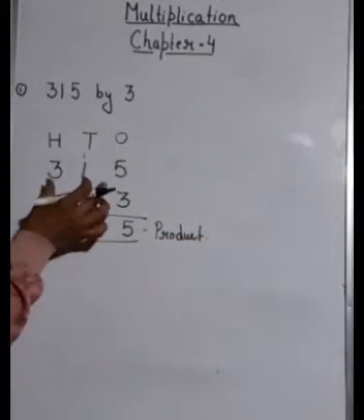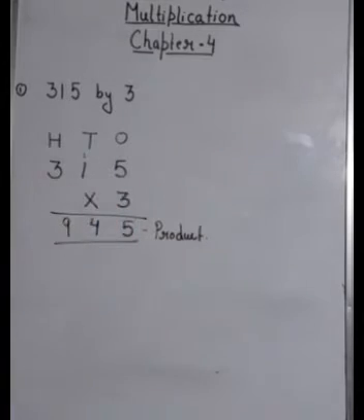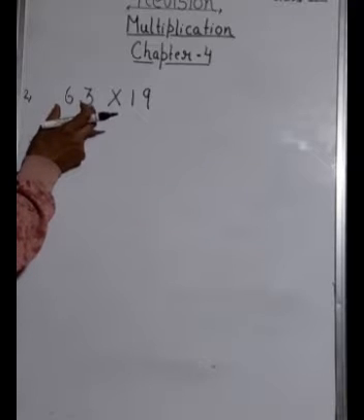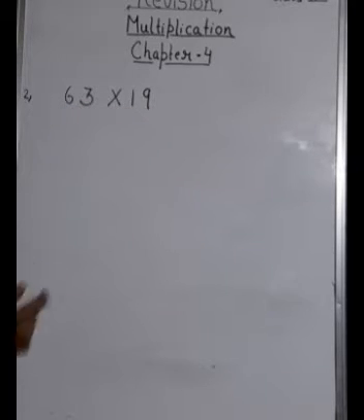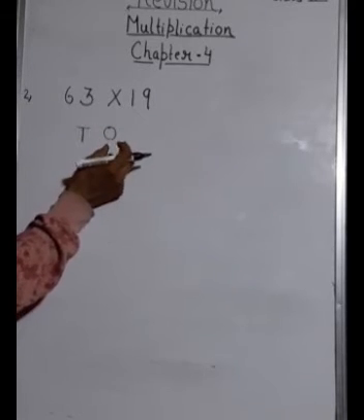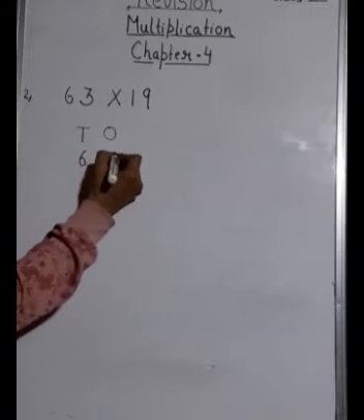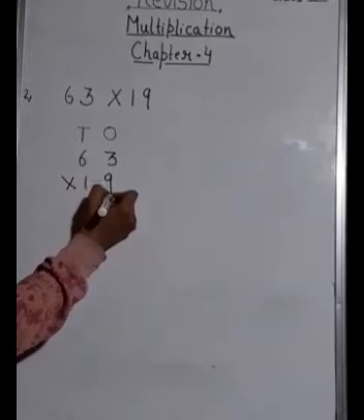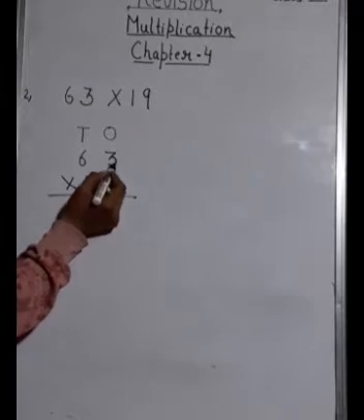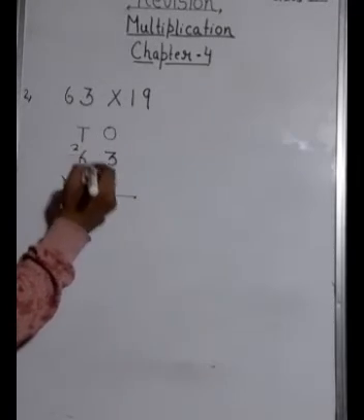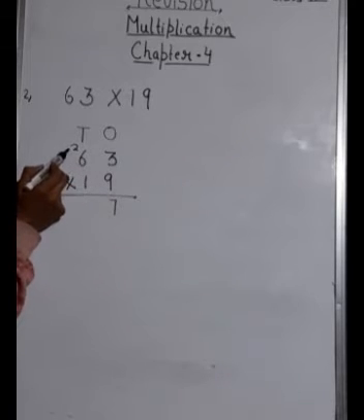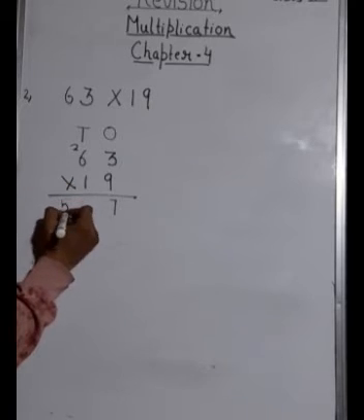Now we will do multiplication of a 3-digit number with a 2-digit number. For learning to multiply a 3-digit number with a 2-digit number, first we will learn how to multiply a 2-digit number with a 2-digit number. First you will arrange them in columns as ones and tens. So you have to make 2 columns, one of ones, another of tens, and you have to multiply 63 by 19. Clear? First you will start with the digit at the ones place, that is 9. 9 3s are 27, so 2 as a carry and 7 I have written over here. 9 6s are 54, 54 plus 2 is 56.